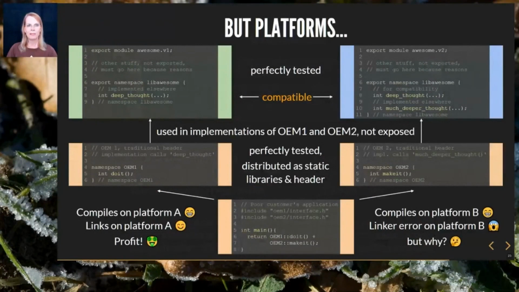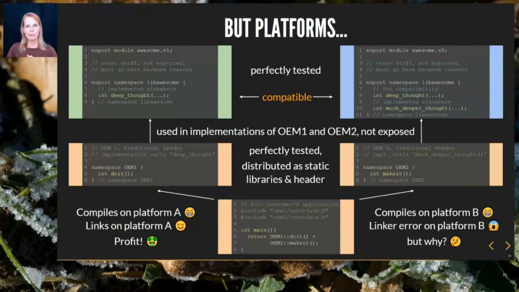Here in this particular example, an unfortunate customer buys libraries from two different OEMs. Both libraries are delivered as binary static libs with interface headers. This is typical in some industries, for example the one that I'm working in. Both of them happen to use the same library from a third party, but in different but compatible versions. The use of that third-party library is an implementation detail that is in no way exposed to us clients and is totally undetectable at the language level.